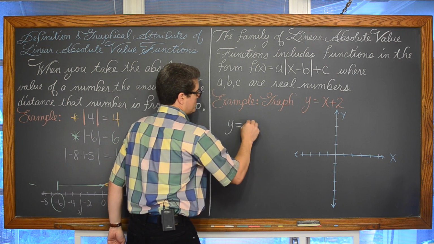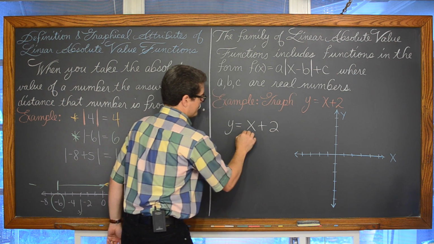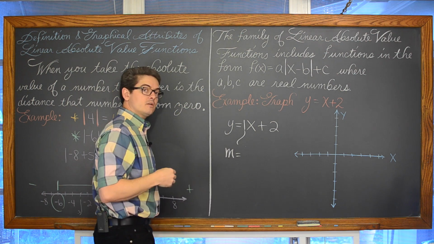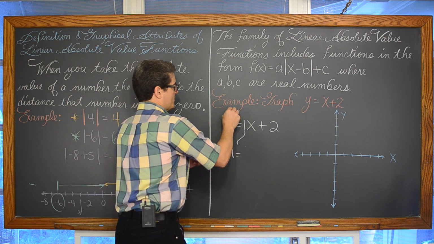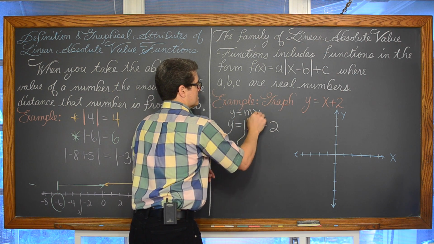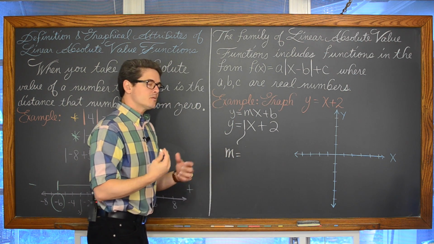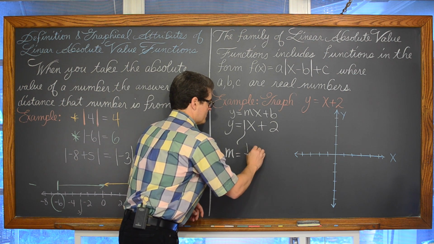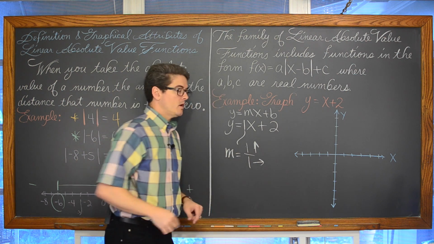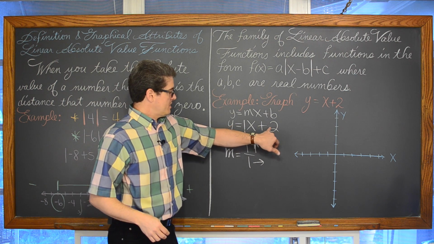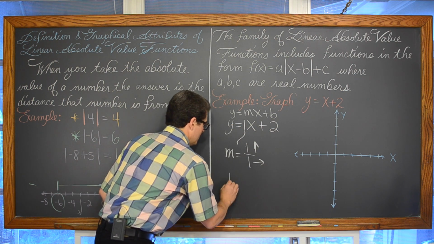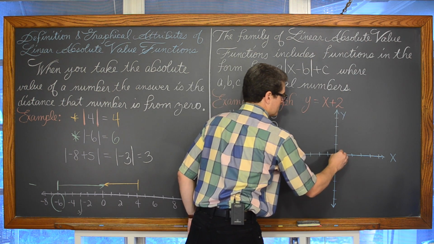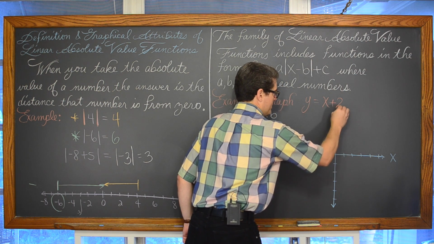We have y is equal to x plus 2. We have a slope, the coefficient in front of the x, because y is by itself. By the way, this is in the form y is equal to mx plus b, slope-intercept form of a line. We have a slope equal to 1. Slope is rise over run, so we're going to rise 1 and run over 1. The constant off by itself is b, which here is 2. So if I graph this without doing a t-table, our y-intercept is 2.